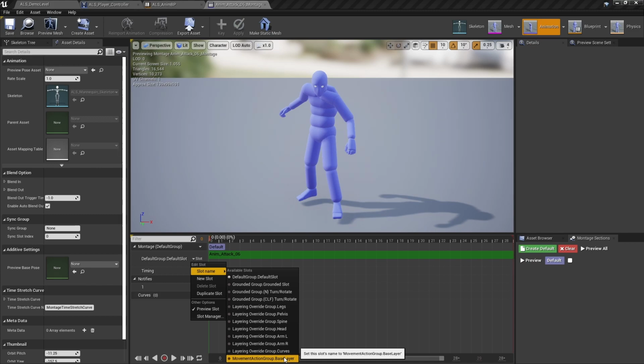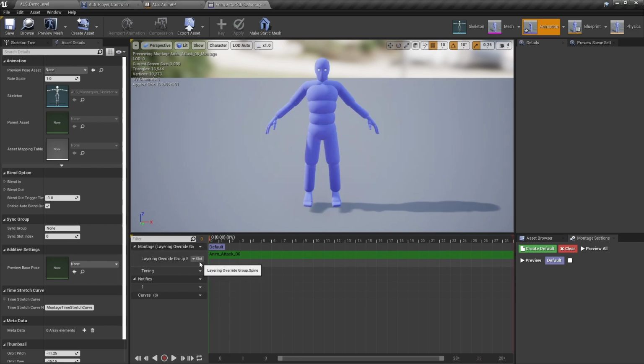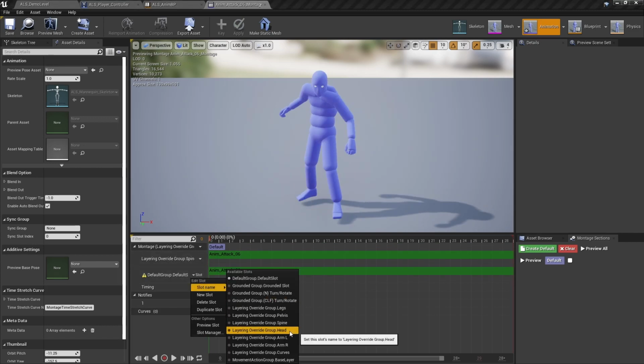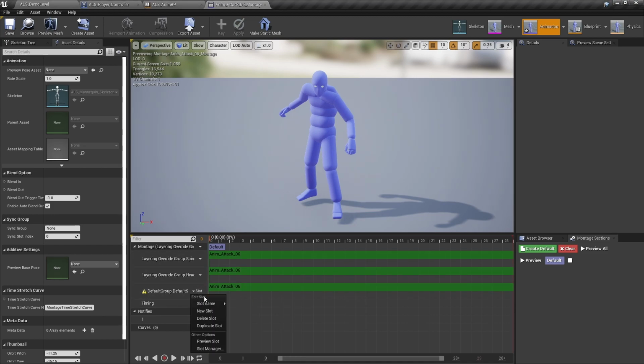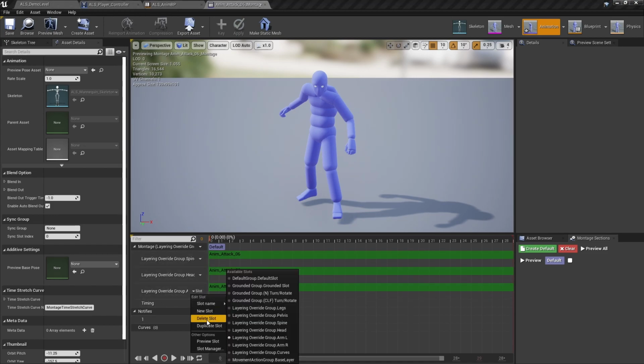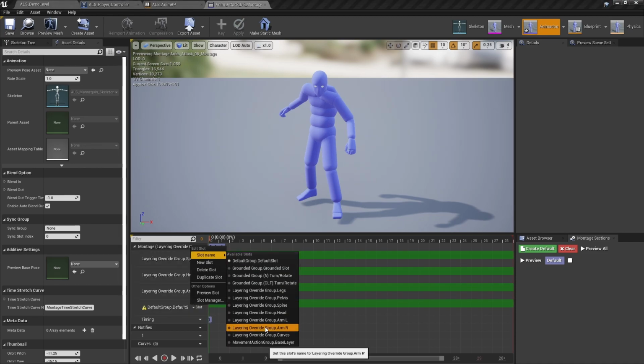And so we cannot use the movement action group base layer slot, because that slot overrides the whole locomotion logic. What we instead need to do is use the layer override group slots. And similar to how we added the anim curves, we need to think about which layering slots we want to add, depending on what type of body part we want to add. So in this case, we will add the whole upper body. We'll start with the spine, duplicate it, add the head, the arms, and finally